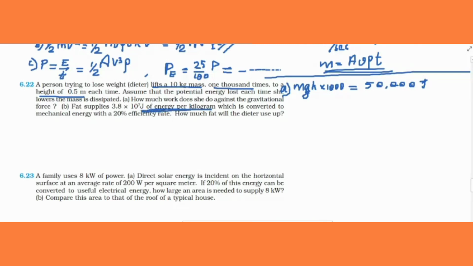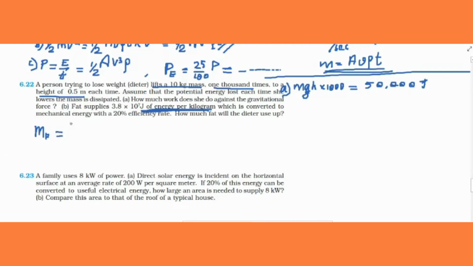Per kilogram. That means 1 kilogram of fat gives 3.8 into 10 power 7 joule. Then how much amount of fat is required to have 50,000 joule of energy? So mass of fat you have to calculate. Mass of fat